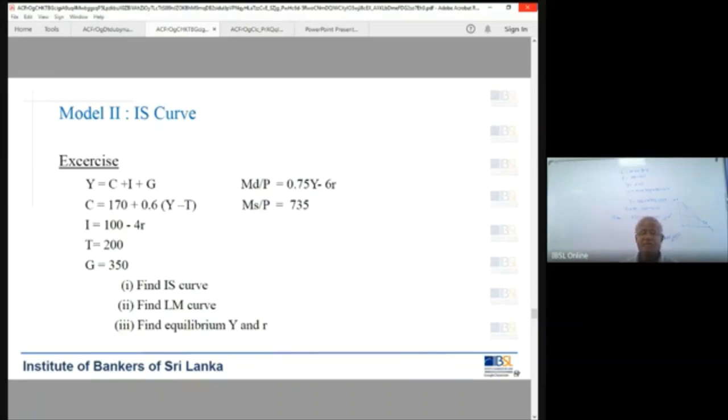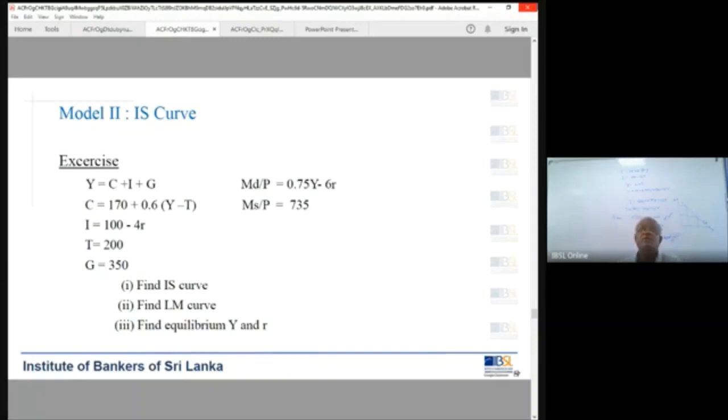I want you to do that because, as I said, in every paper you find either this kind of quantitative type question or the qualitative type question. Up to the 2020 March paper, except the 2020 March paper itself, in the 10-year papers or the 5-year papers, every paper has some quantitative question. The equations are given, and you are supposed to derive the IS curve, LM curve, equilibrium income and interest rate.